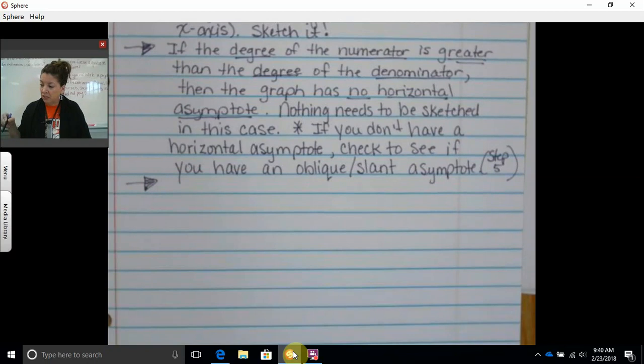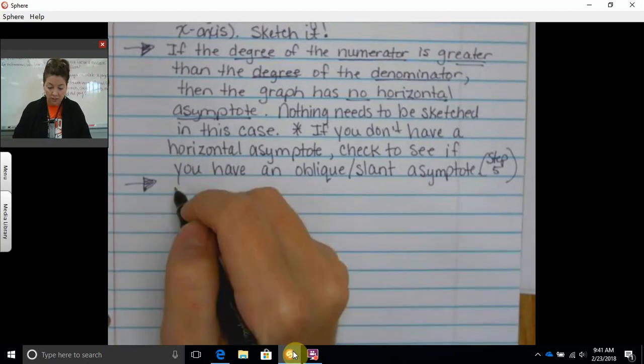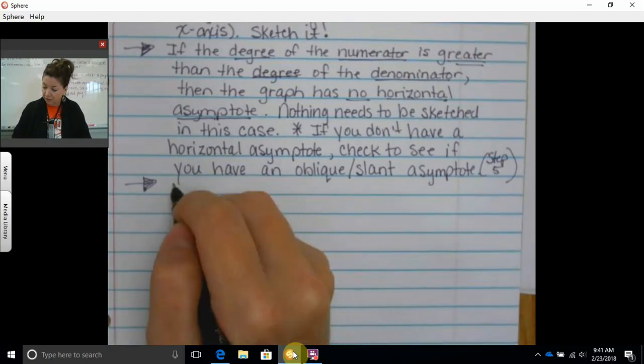So we said if the numerator is less than the denominator, talking about degrees, we said if the numerator is greater than the degrees of the denominator. And now we're going to say, okay, well, what if the degrees in the numerator is equal to the degrees of the denominator? Then what? So if the degree of the numerator